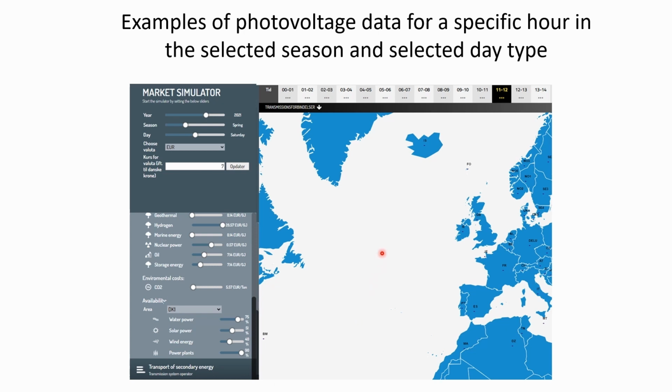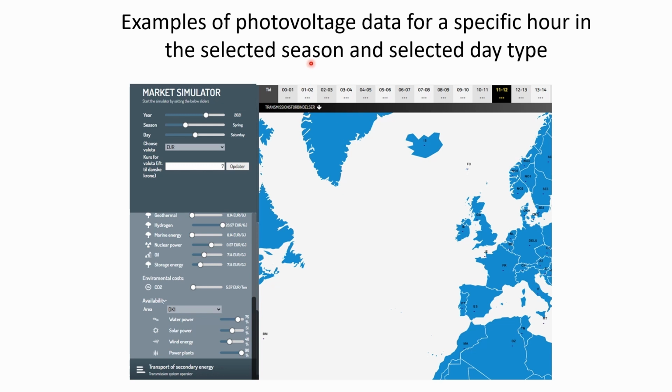And you can see here that the user can change the season here and change the day type, if it's a Saturday or a Sunday or working day. And the user can also change the hour here during the day. And when the user, for instance, says I want to do a calculation here during nighttime, then the power market simulator will collect data for the price area you are working with here, and from this hourly profile,